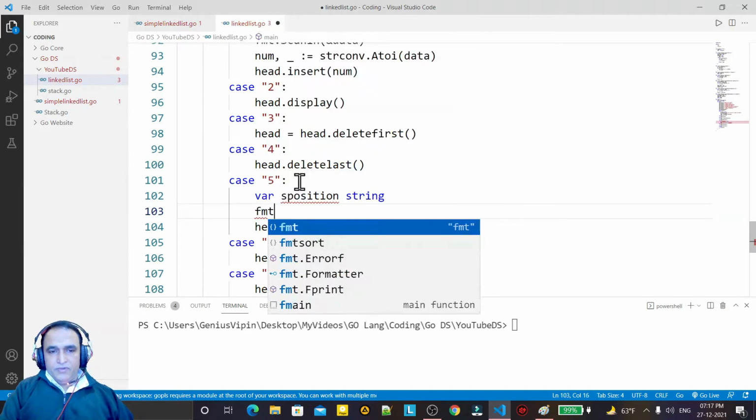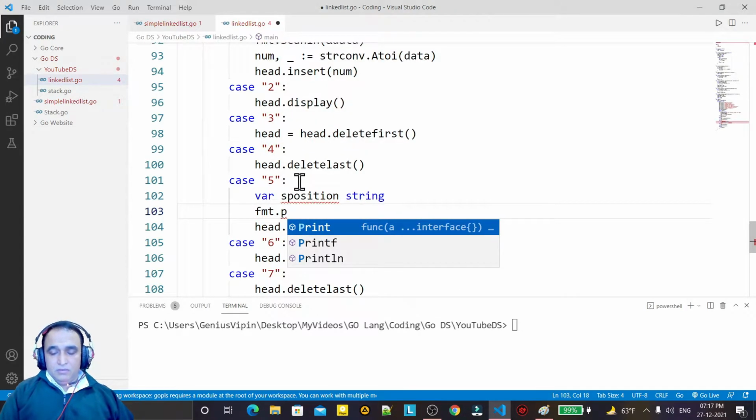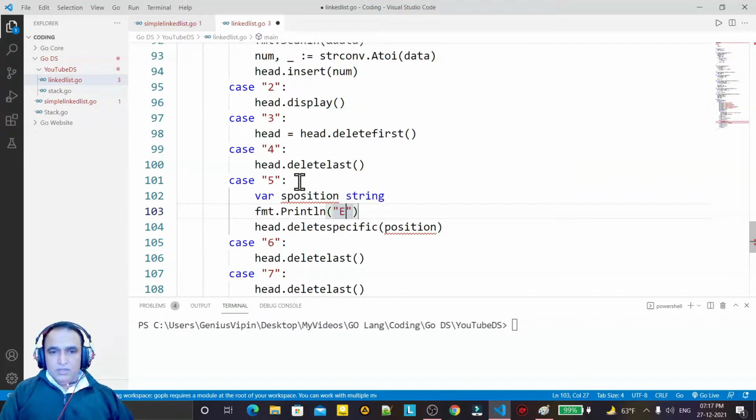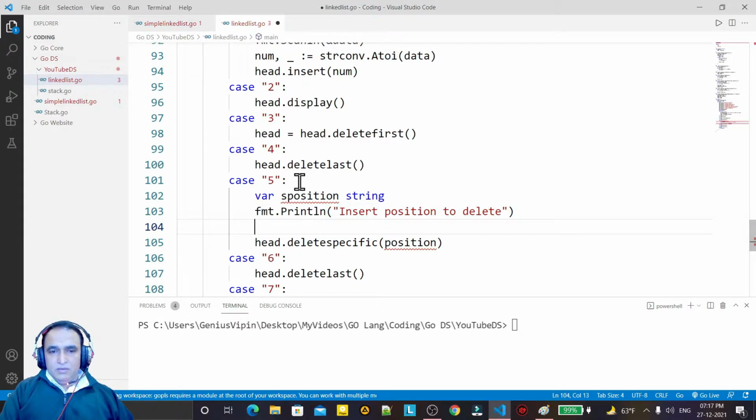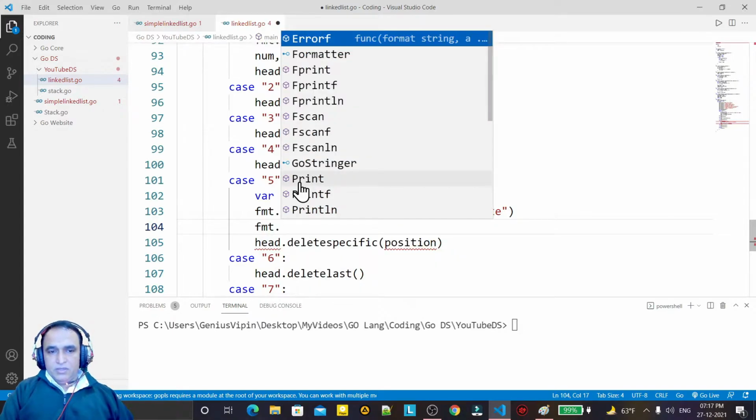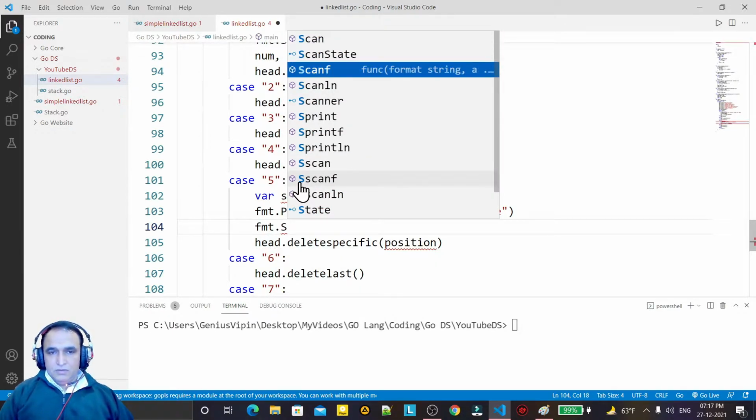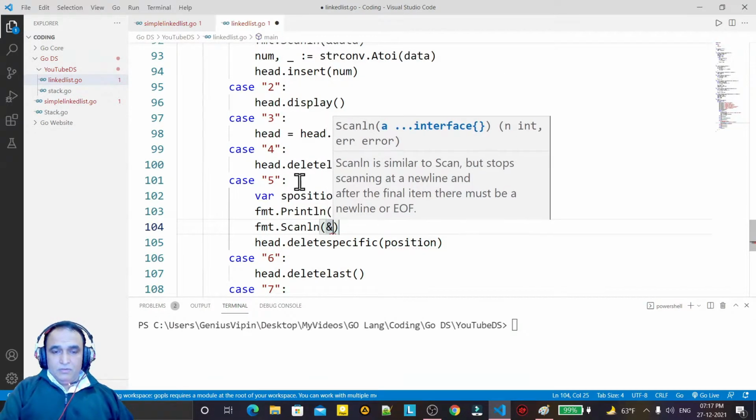I say fmt dot println, and I say insert position to delete. Then I say fmt dot scan ln as position.